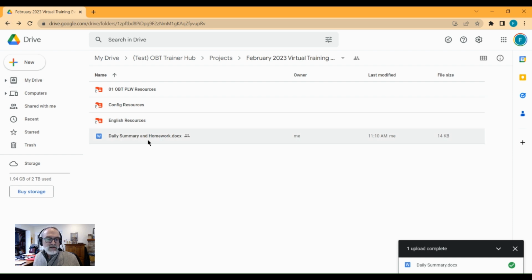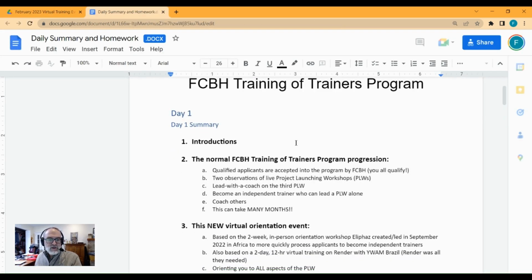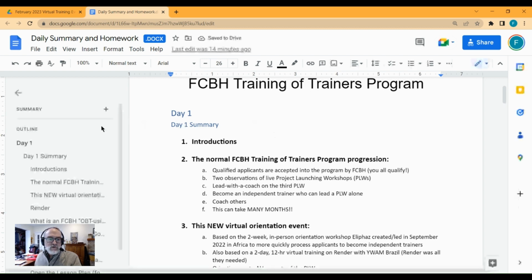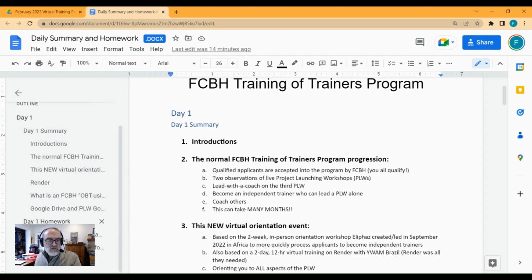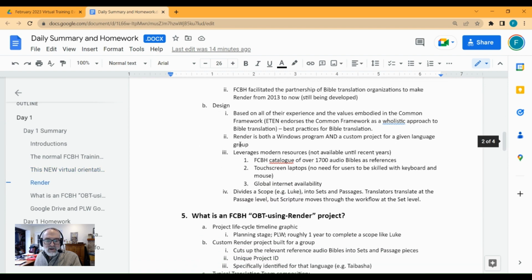and show you that I've added this daily summary and homework file. So open that, and that will give you the Google Doc format for this file. You see on the left, day one, there's summary and day one homework. I'm hoping here to create the summary of the material we cover for a day and then create for you the homework to cover that day's material. Hopefully you'll recognize everything in here is what we covered today. And